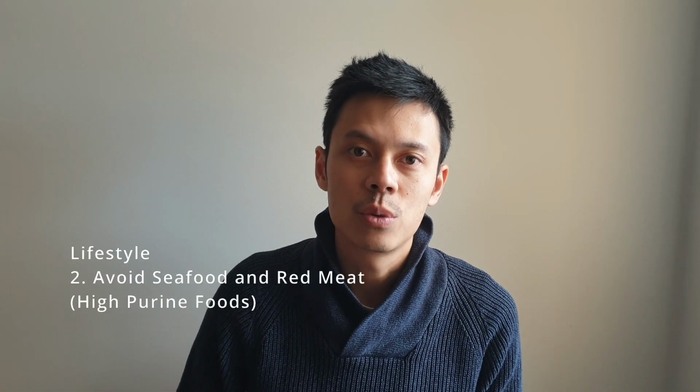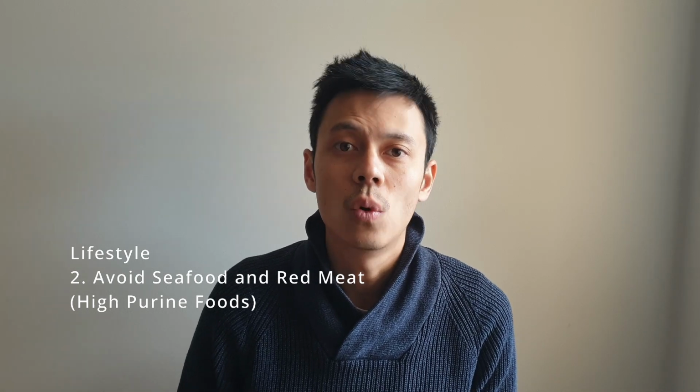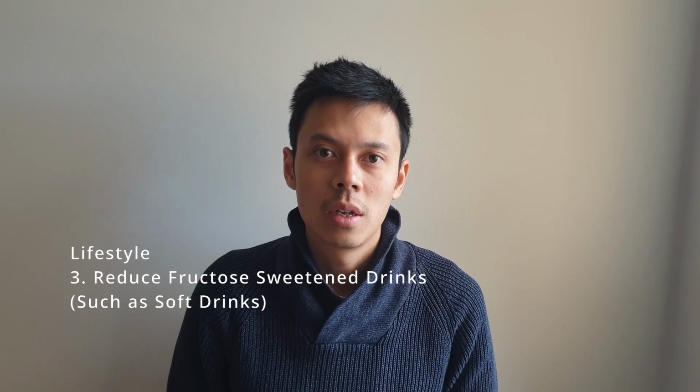The second most important dietary change is to avoid foods with high purine content. This is usually seafoods or red meats. Purines get converted to uric acid in the body, and then this leads to the complications of gout. The third most important thing to avoid is fructose sweetened drinks. The best example of this is soft drinks. Cutting out soft drinks in your diet is a key way to lowering your uric acid and curing your gout